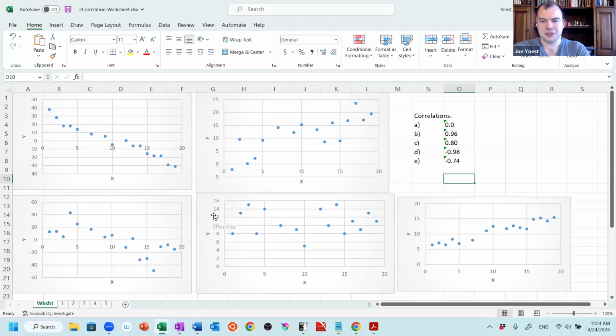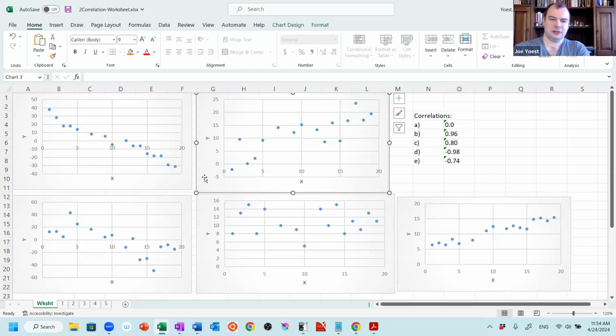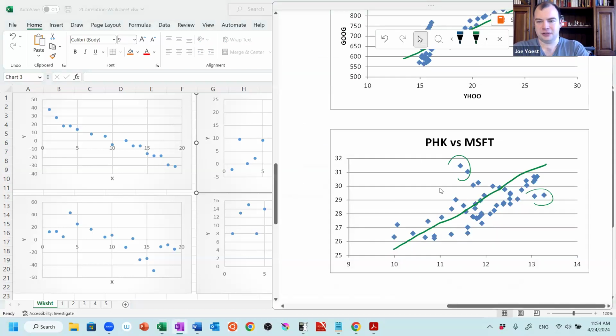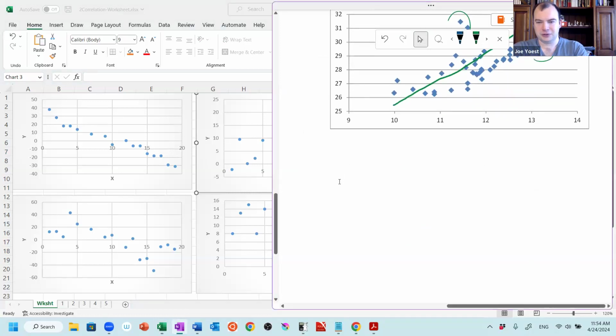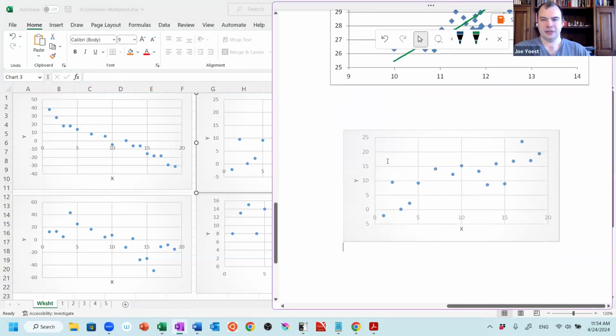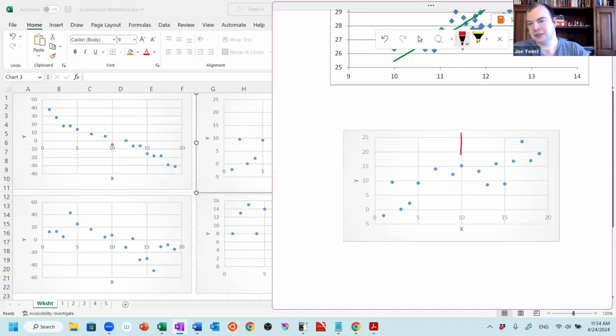Okay, it's been a couple minutes, so let's take a look at these 5. Now, one thing that we can sometimes do, if we're a little confused about a scatter plot, is roughly try to figure out what's about the middle of the scatter plot. Looks like about 10, 10. I can draw a set of axes, horizontal and vertical. And I have quadrant 1, 2,